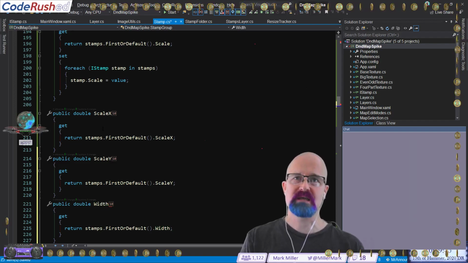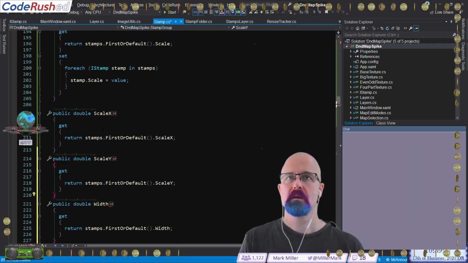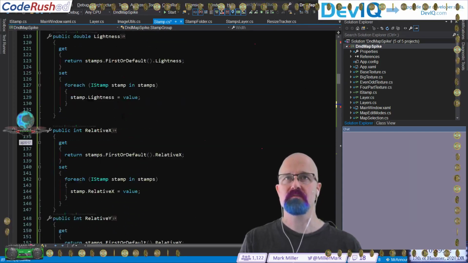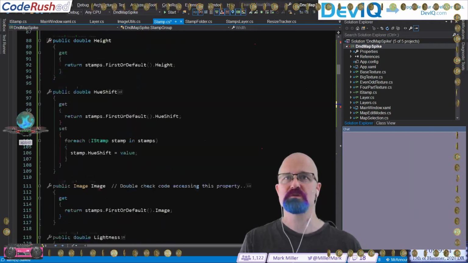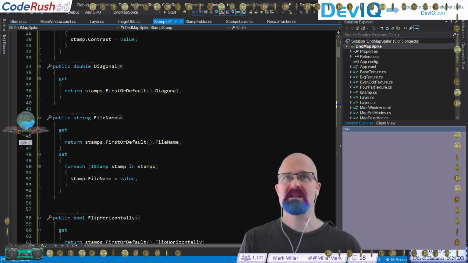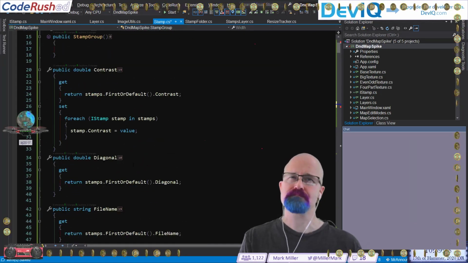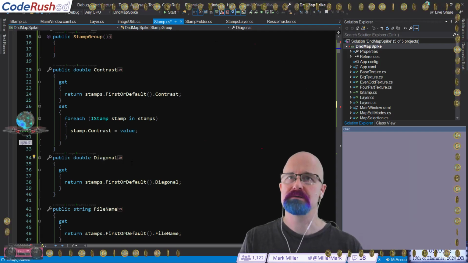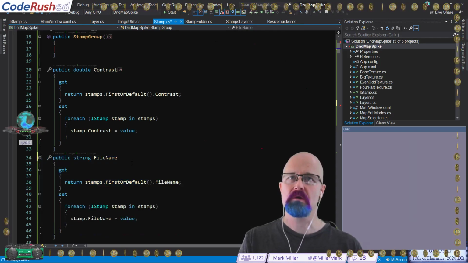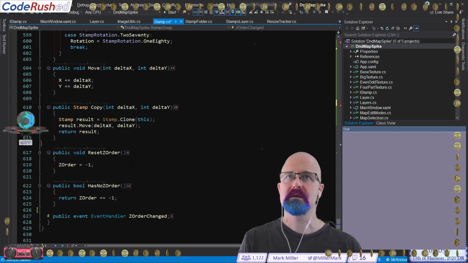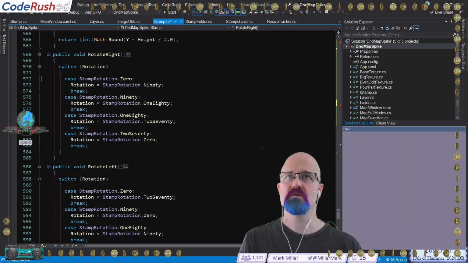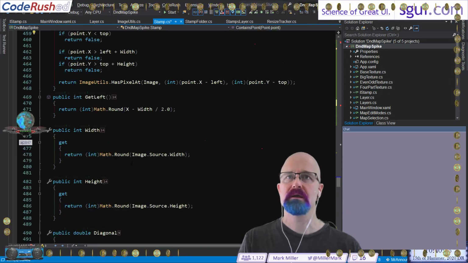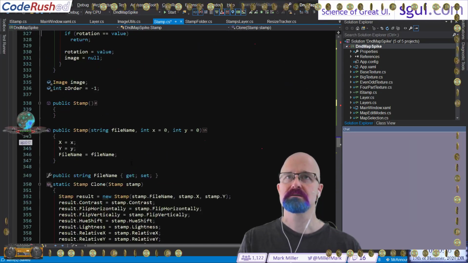Now width is kind of interesting. Let's just review all these. Scale. I'm okay with all of these other properties that might be different among them to return the first. But width is the first property. Actually, diagonal, I think, is also one we want to worry about too. Because diagonal, if I'm recalling correctly, is the diagonal from the two corners. And so width, oh wait, where is, let's go take our,